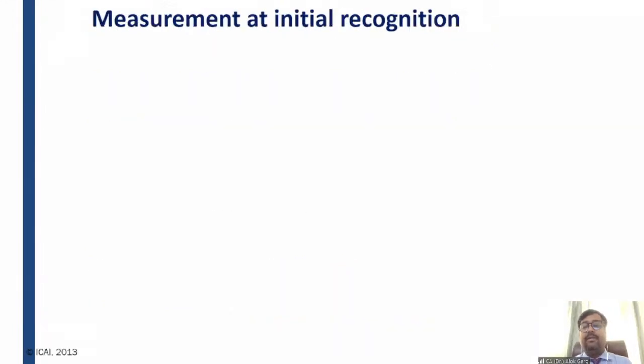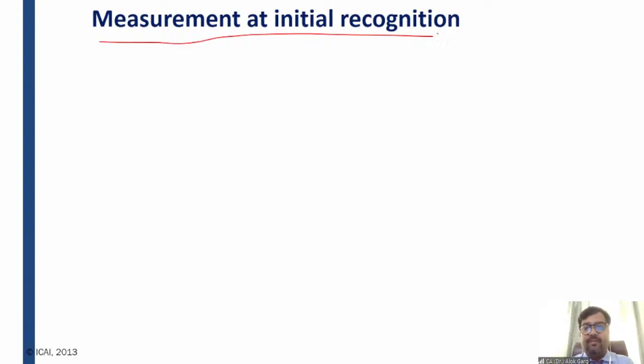Great, guys. All right. So friends, we have discussed the recognition criteria in terms of initial cost as well as subsequent cost. Now we are going to discuss measurement at initial recognition. Sir, we have just identified that yes, this has to be added to the cost of the asset, and recognized as an asset, as a PPE. Sir, at what value do we need to recognize it? How will we arrive at a value?